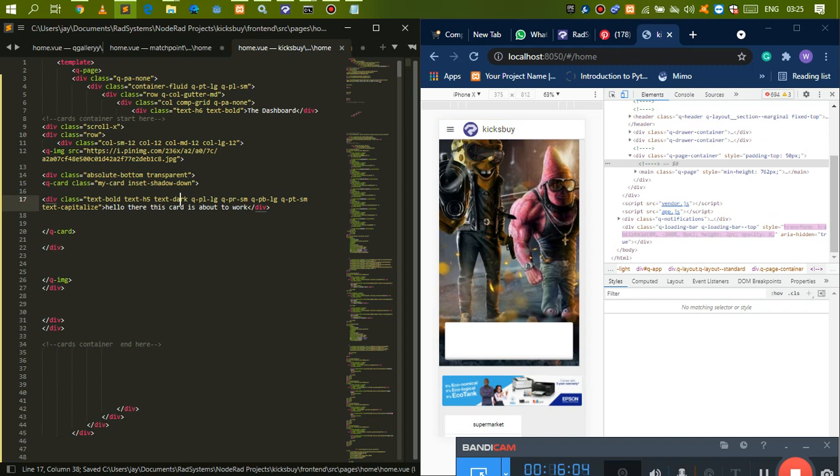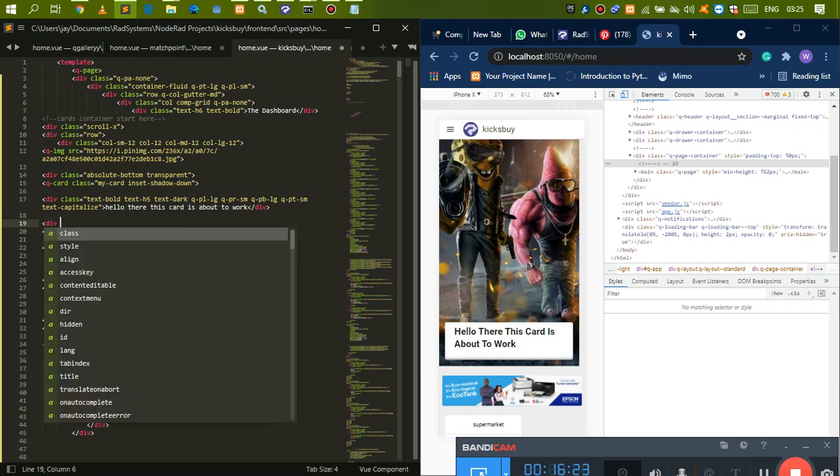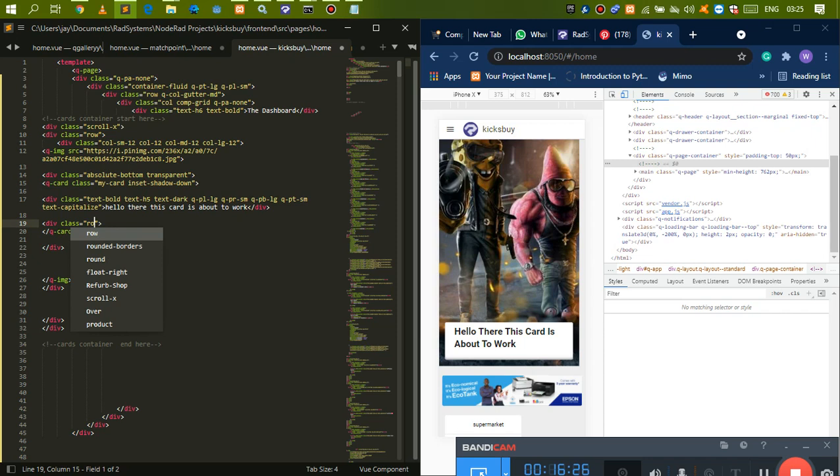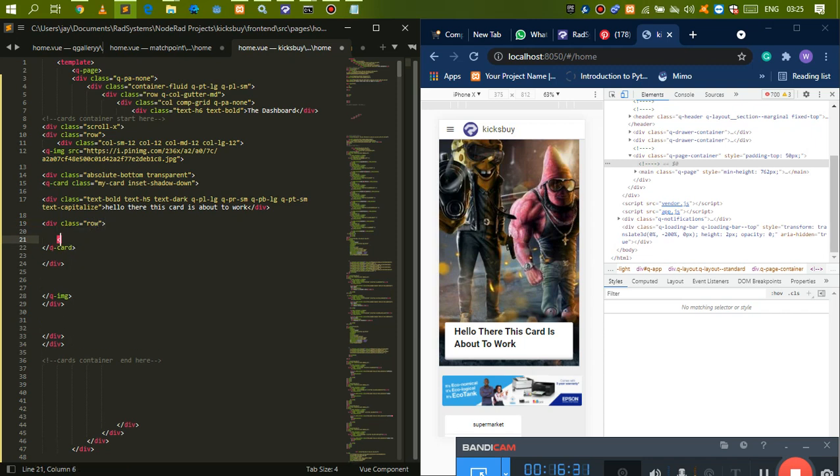Okay, so now the next thing we need to do is add a Q chip. I'm going to show you what I mean, but before we do that, we need to create a new row inside our card. So let's come down here and create a row. We can say div class row, and make sure you close it there. Then inside here you can have a Q chip. You can say Q chip here,